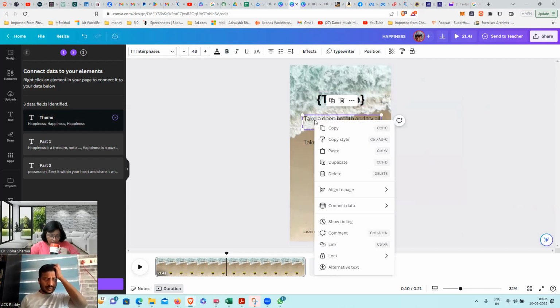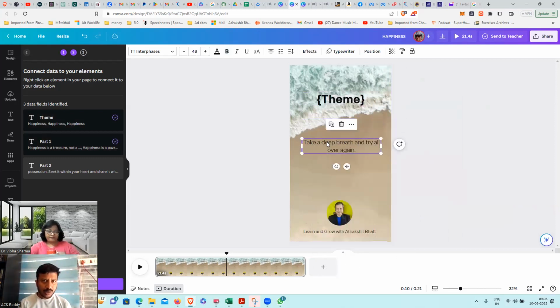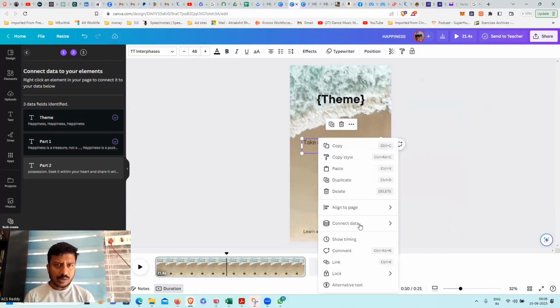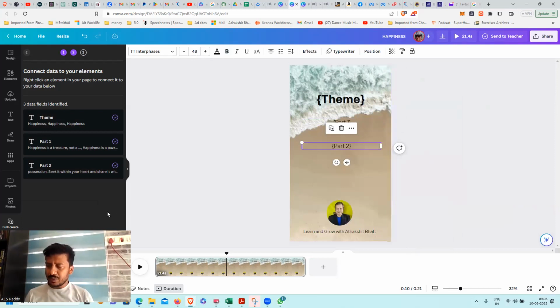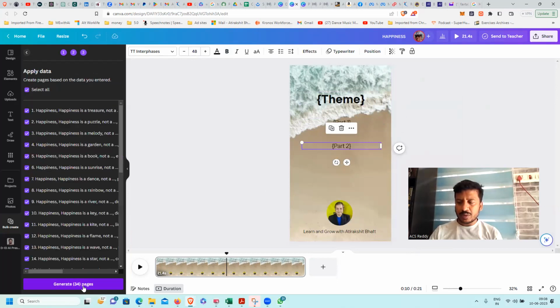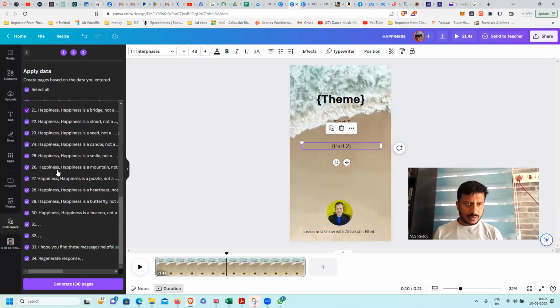Then part 1, I'll again say connect data. Part 2, I'll say connect data. Once I've connected, I'll click on continue and it will create all these messages for me.